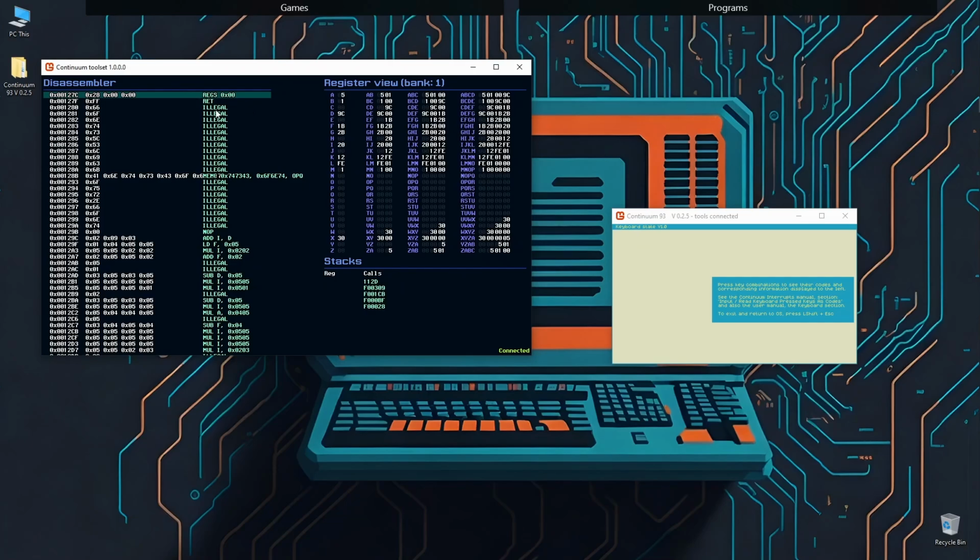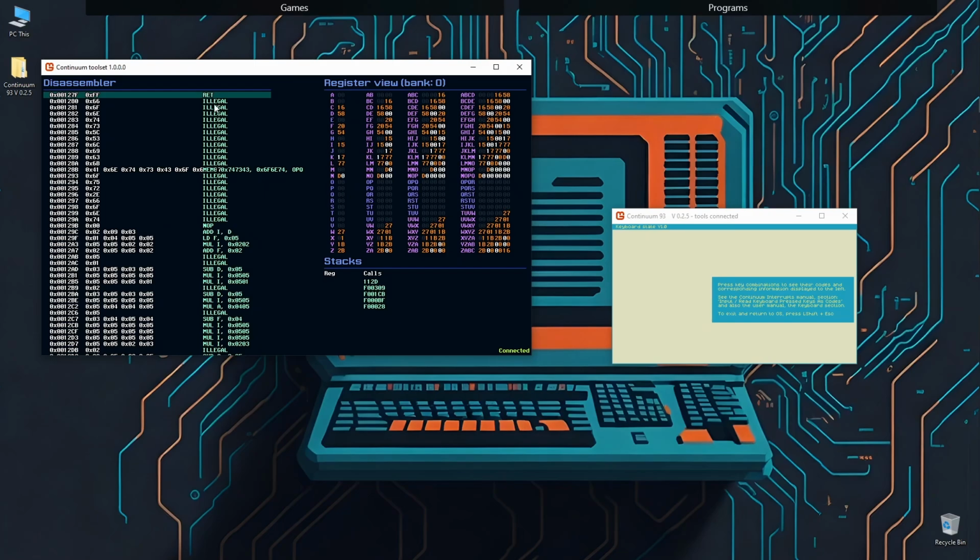You can see some illegal instructions here. These are normal. You usually get this when you have some image, some data which isn't instructions, and the emulator knows it's not instructions and cannot be confused with it. So usually you don't get it there. You see, we have a red instruction here, and going to that, of course,